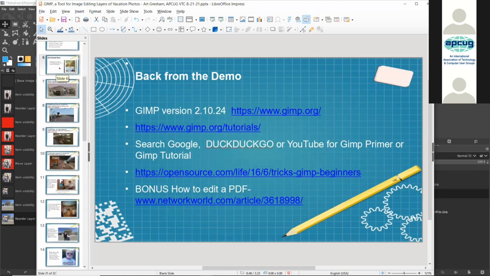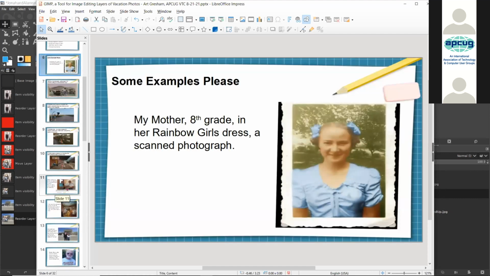Where are they at? There they are. This photo here, and is that showing up well enough for everybody? I don't need to go full screen, I don't think, with that. Yeah. The photo was just a simple black and white photo, obviously, and I used the paint tool and a